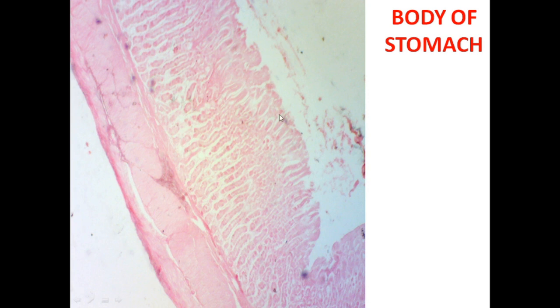So if you see the histology slide, you can see this mucosa. This is the entire mucosa, which cannot be clearly differentiated into epithelium, lamina propria, and muscularis mucosa because of the large number of cells and the different glands present all around the gastric pit, because of the invagination of the gastric pit right up to the depth of the mucosa. So this is the zoomed part. You can see the large number of cells present in the gastric pits.